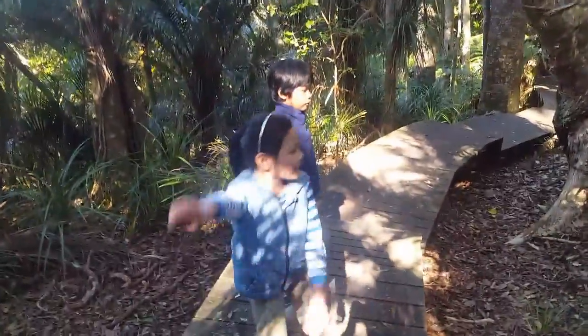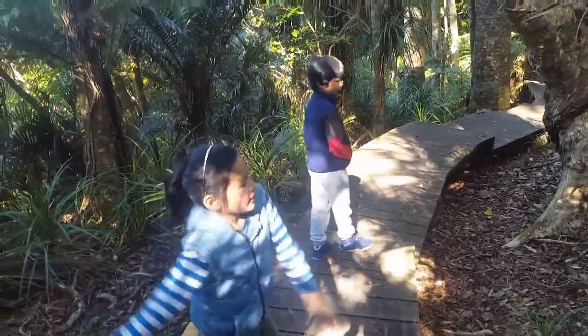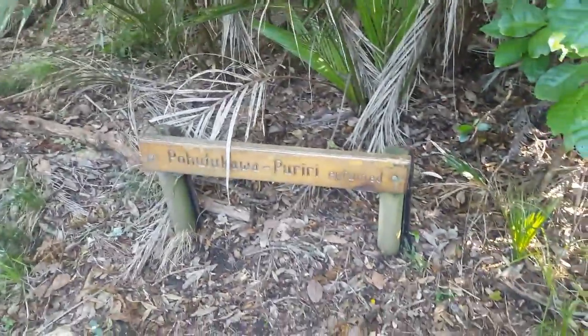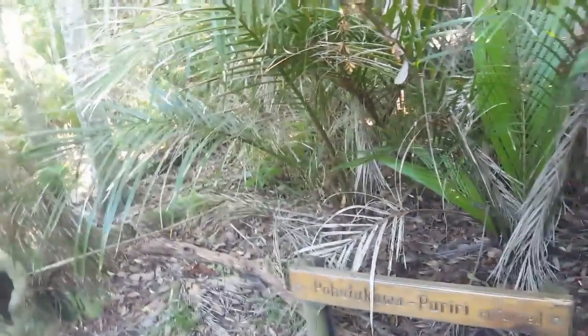New Zealand's Christmas tree. Oh, face here and sing that. Fill my heart with a whole lot. New Zealand's Christmas tree. Yes. Pohutukawa. Pohutukawa is a New Zealand Christmas tree. Where is it? It's just the name of the...